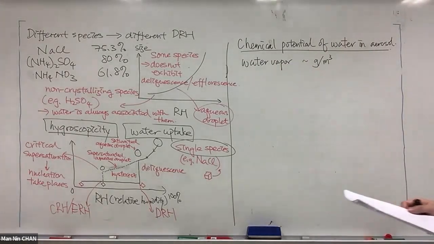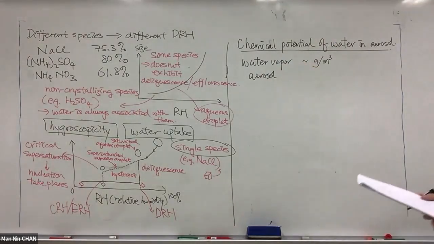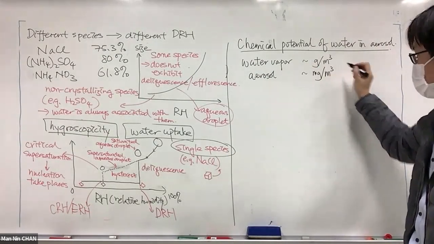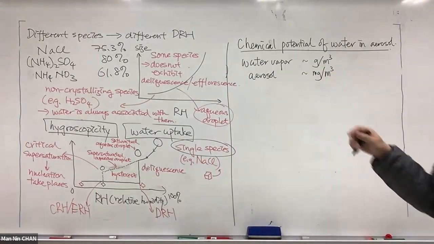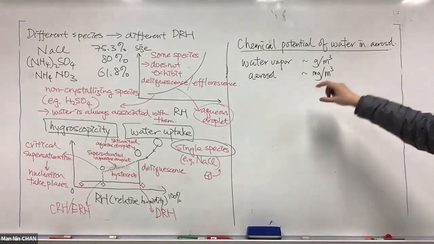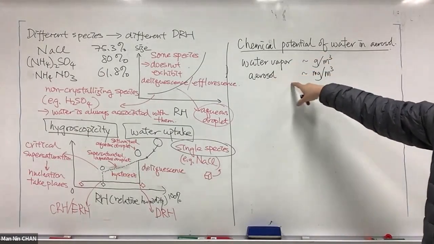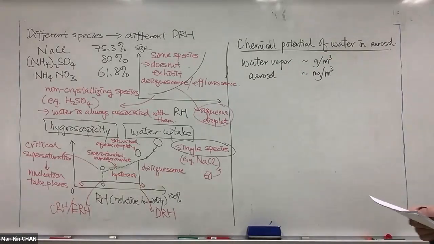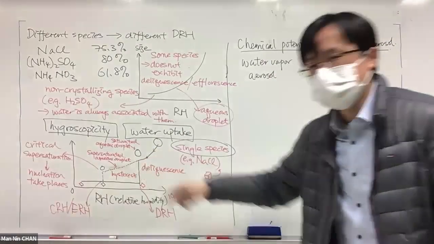And then you have some water in the aerosol phase. Most of the time, it's only around a milligram order of magnitude, or even less, a microgram. So you have a milligram to a microgram in 1 cubic meter of air. That means your aerosol can contain some water, but the aerosol water will be just about a milligram. So if you look at the order of magnitude, you can find that this water uptake by the aerosol